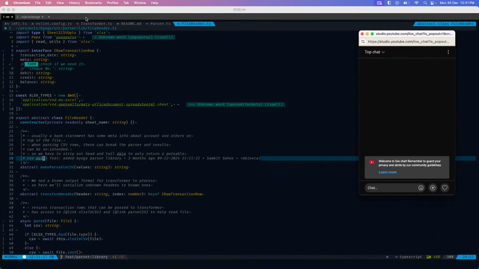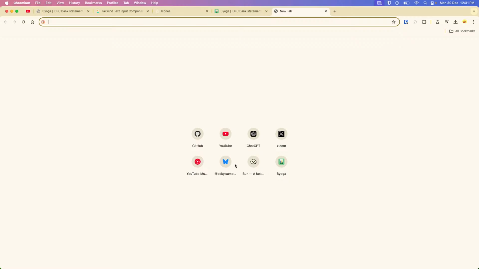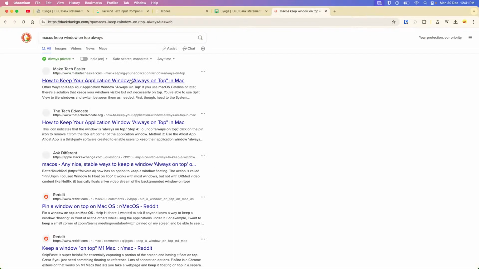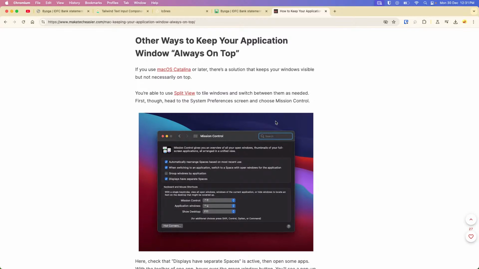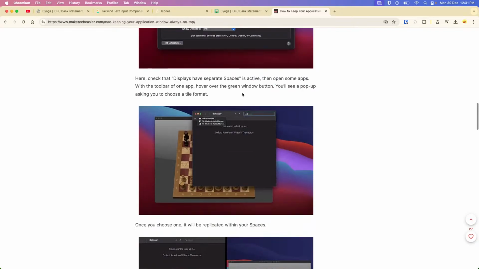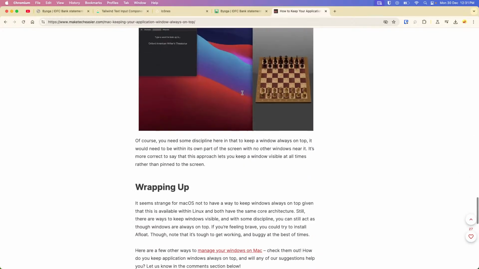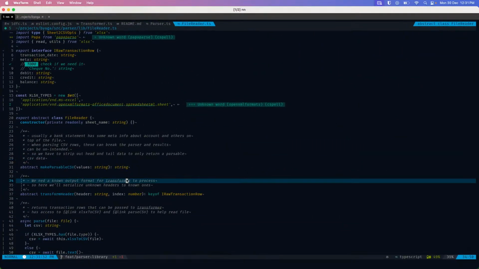Can I keep it on? One minute, let me first fix this. macOS, keep window. Oh, no, I don't want that. What term solution? Okay. Anyway, so